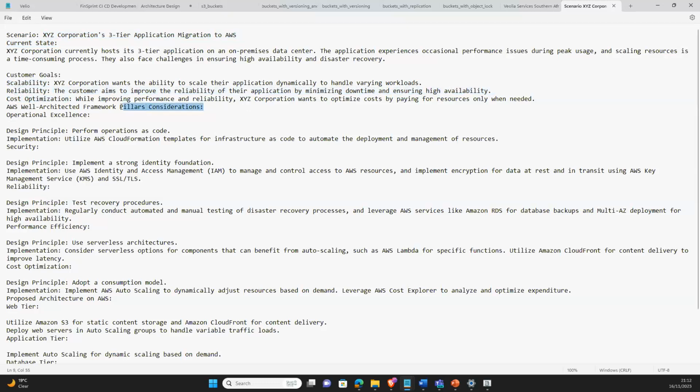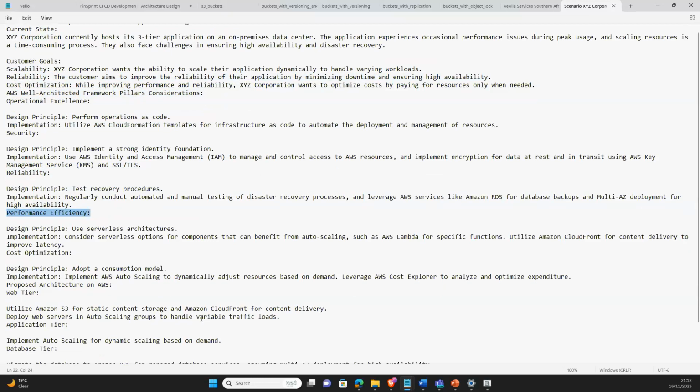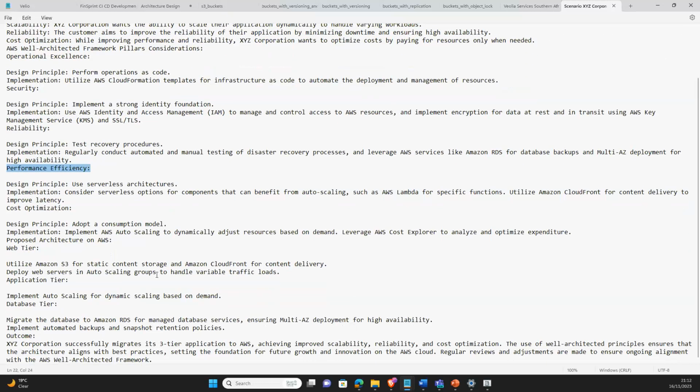Then, of course, the well-architected framework pillar consideration is operational excellence. So they want maybe automation to be incorporated in. We have performing operations as code, maybe the use of AWS CloudFormation or Terraform. Then, of course, reliability is also key. And then performance efficiency and all that. So they are saying we use serverless architecture implementation.